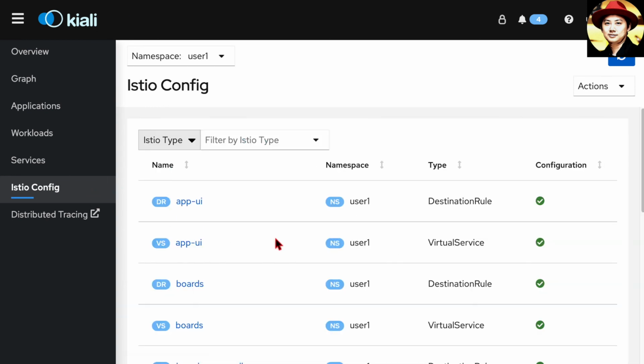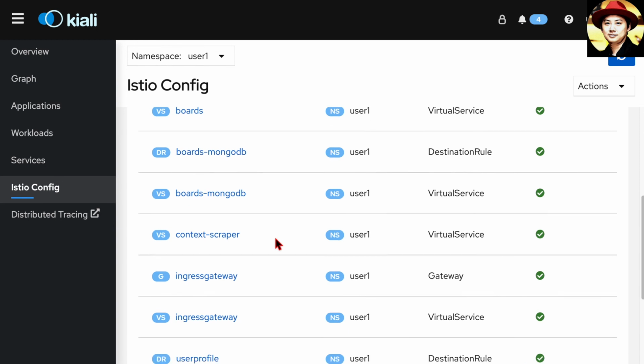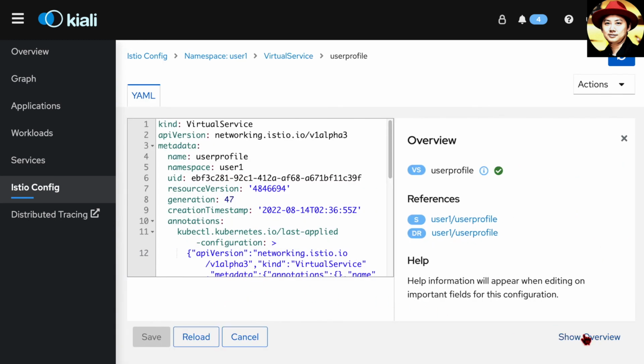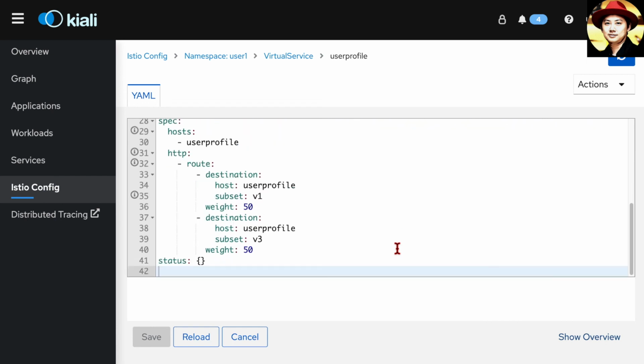Let's look at the virtual service of user profile. Here we can see the traffic is routing to both version 1 and version 3.